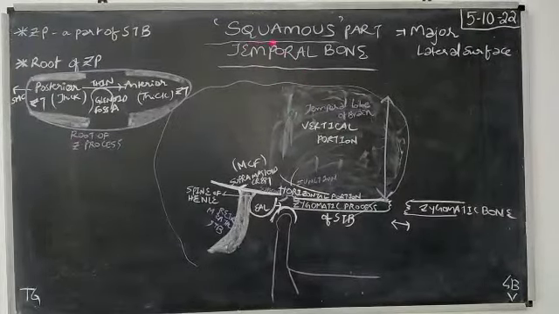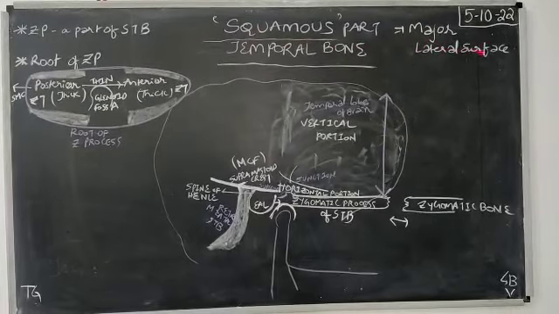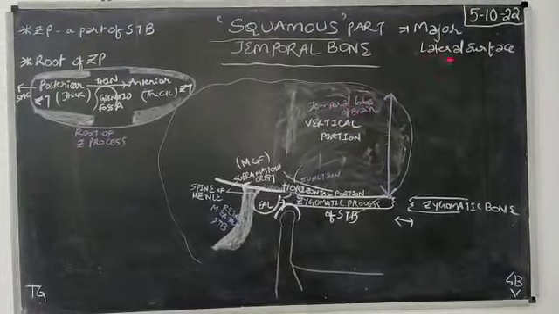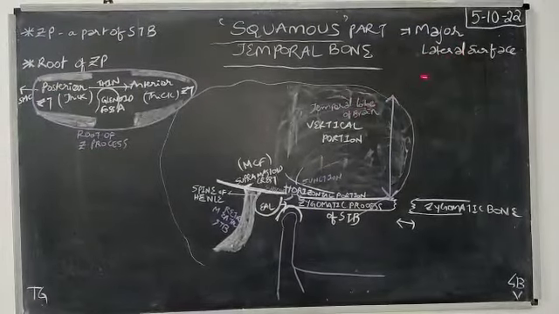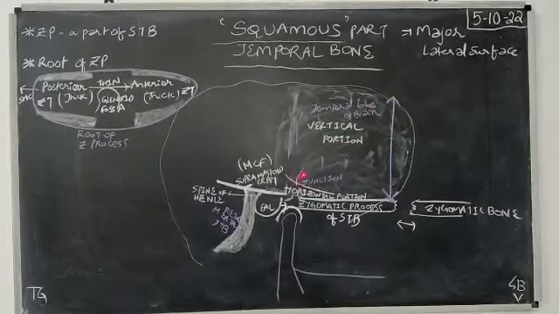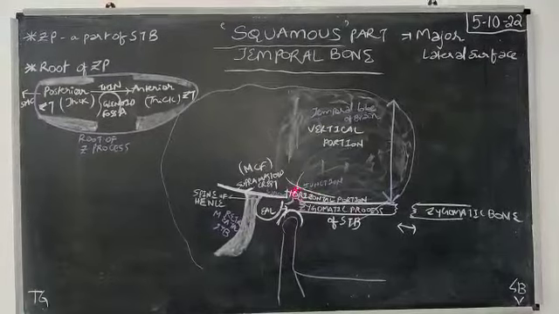Now we are trying to tell about the squamous part of the temporal bone. It forms the major lateral surface of this particular temporal lobe of the brain and most of the lateral surface of this particular temporal bone. It has got a vertical portion and a horizontal portion. At the junction where the horizontal and vertical portions meet, you are going to have these types